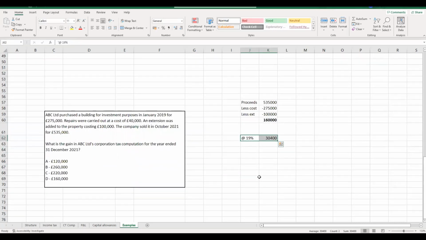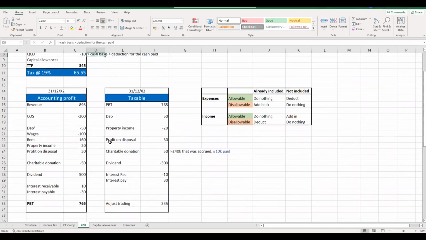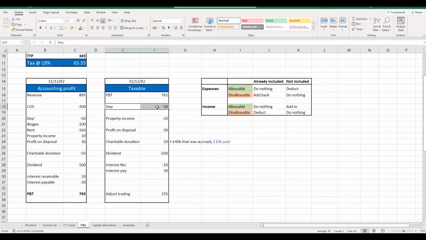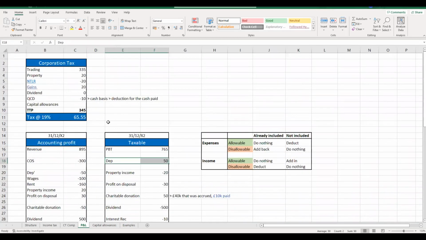So what we'll move on to now, and I've mentioned it before, is that, of course, depreciation is disallowed for tax purposes. And what it is replaced by are capital allowances. So we saw the depreciation is added back. And at the moment, in our example, we had no deduction for any of that capital expenditure that was incurred in the year potentially.